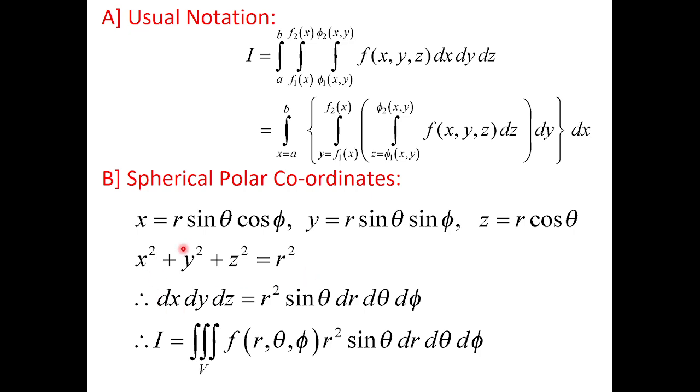Spherical polar coordinates: if we are using the conversion, x is r sin theta cos phi, y is r sin theta sin phi, and z is r cos theta. So phi has limit 0 to 2 pi. Here dx dy dz will be the Jacobian of x y z with respect to r theta phi, and its value is r square sin theta dr d theta d phi. So whenever you are converting from Cartesian to polar, even though we are calculating volume, the integrand will be at least r square sin theta. So with this, the integrand will look like this.